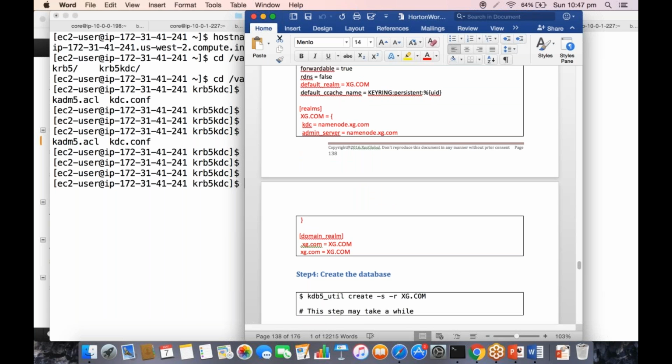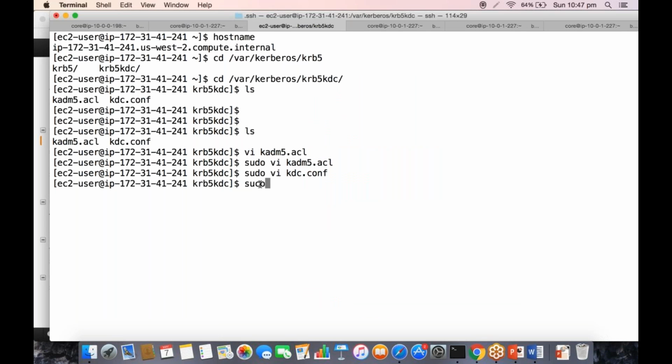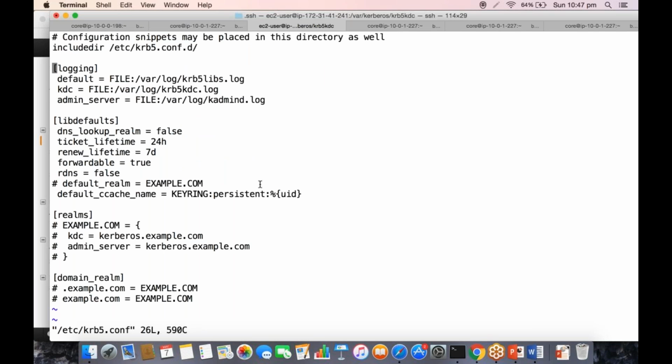And this one, right? So the ones which have been marked in red, those things you have to change when doing the hands-on section. Okay, the default realm here is commented. You have to uncomment it, and the example.com has to be replaced by compute.internal. And see, the example.com is in caps, so compute.internal also has to be in caps. Compute.internal.